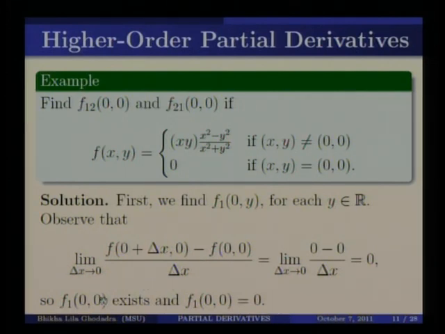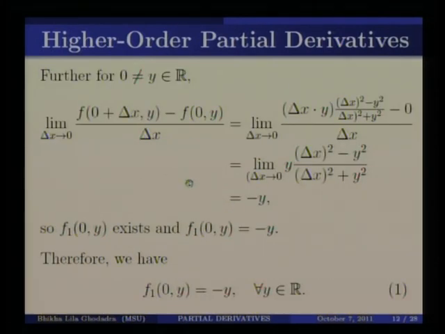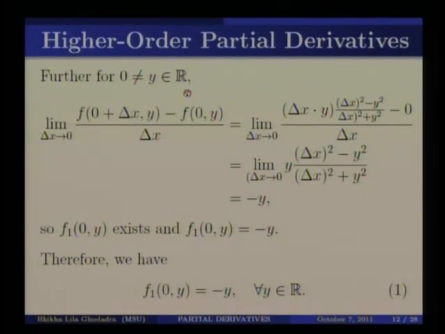That means the partial derivative f1 at (0, 0) exists, and its value is the value of this limit, so f1 at (0, 0) is 0. So for this function, f1 at (0, y), when y is equal to 0, is 0. And now let us look at the same derivative when y is different from 0. So for y not equal to 0, y in R, the set of all real numbers,